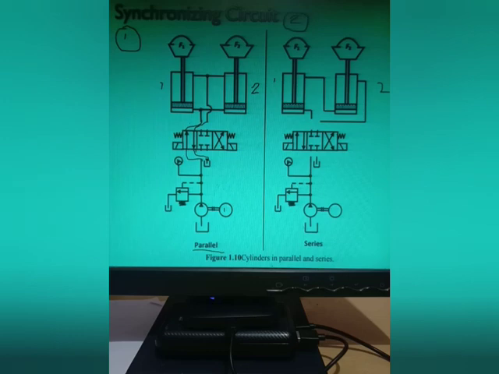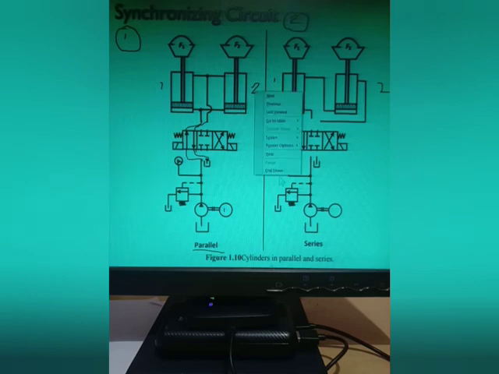By using the single pump, I am actuating the two hydraulic cylinders, both moving in the forward direction, and both are doing some work, right? So at one time both the actuators are moving in the forward direction, and the oil is returning to the reservoir. This is position number 1.